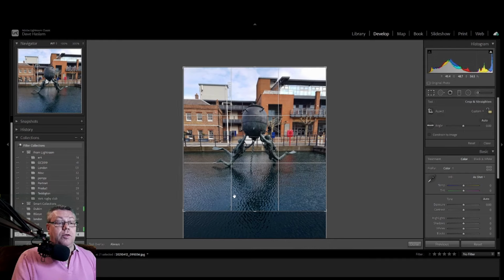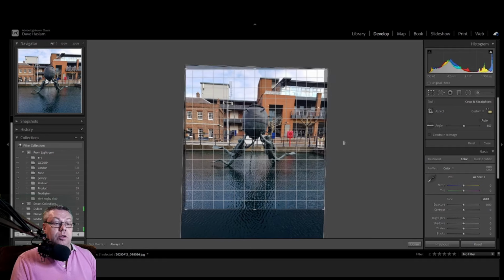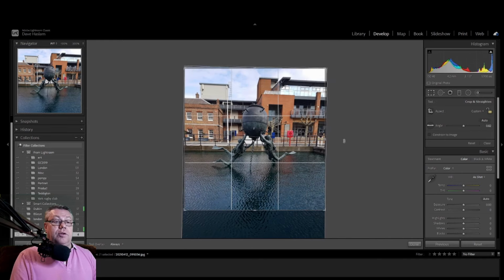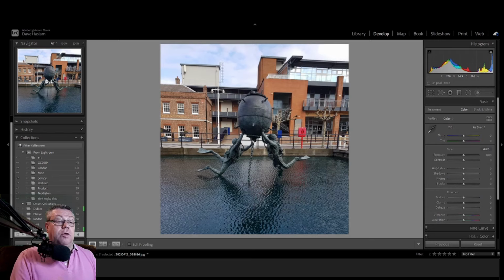And you'll see that you've got these grid lines. This is the 3x3 grid that you probably saw when you were taking a photograph in your mobile phone in the first place. So provided you've lined that up pretty well, then you shouldn't have any problems with having to line up with the grid lines. But if you haven't lined it up very well, you can actually just move it around here. So I'm going to say that's cropped,